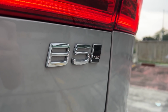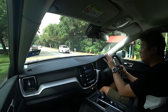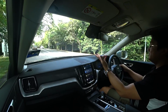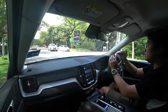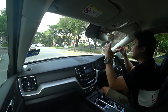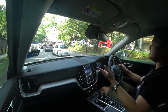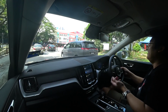And the first thing is that it undercuts every single competitor in terms of pricing, because it only starts at 290. As you know, let me talk about this a little bit. Usually the 3 Series and C-Class and the A4 segment, they will occupy the price point until about 300,000. And from 300,000 onwards to 400,000, it will be the job of their similar segment SUV brothers, right? That price gap, that void, is filled up by this segment, the GLC, the X3, and of course this one, the XC60. I mean, Audi is in Malaysia, so I think Malaysia is the only country where Porsche outsells Audi, right? Anyway,